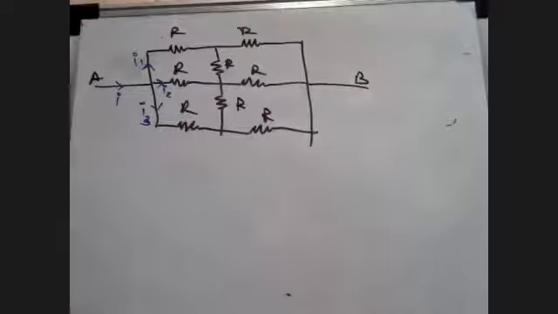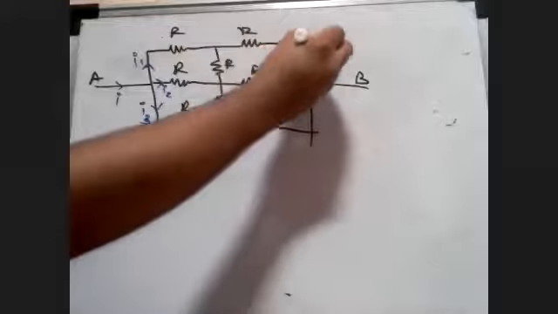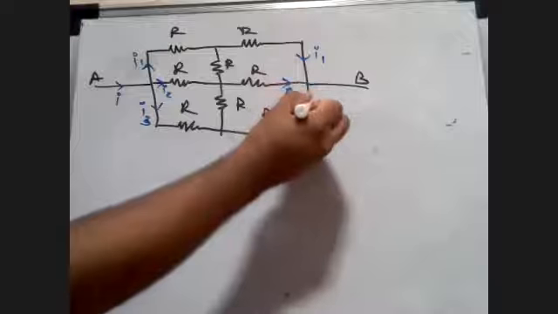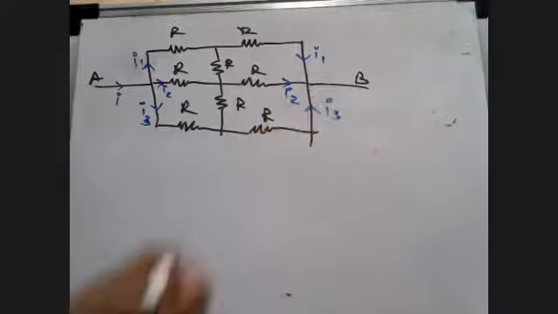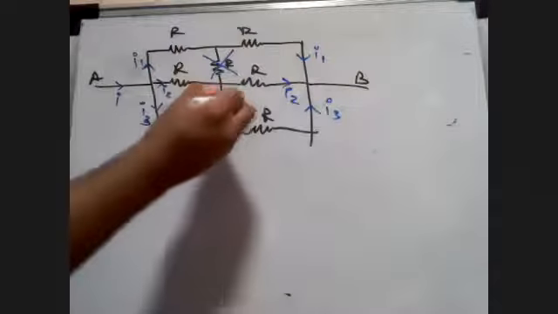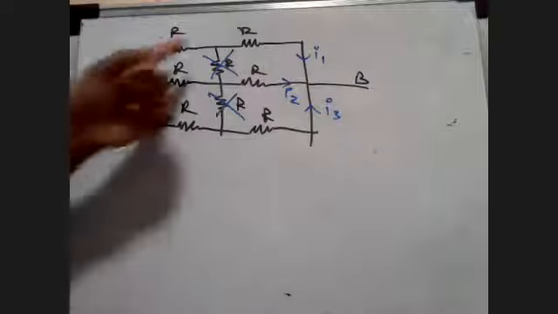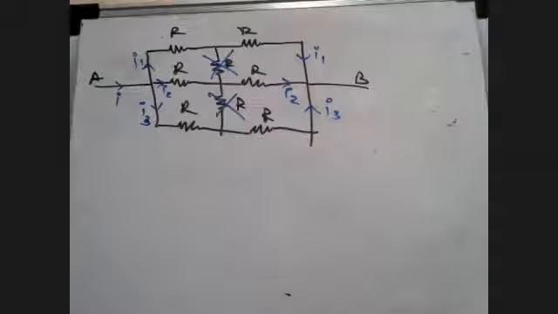Looking at the symmetry of this, always look at the symmetry of the circuit. That is important. I1 passing here will be the same current I1 coming here. This I2 also will be here. I3 also will come here. So we can say that this resistor and this resistor are being neglected because of the concept which we learned in symmetry. The assumption was the current passing through these resistors was 0.